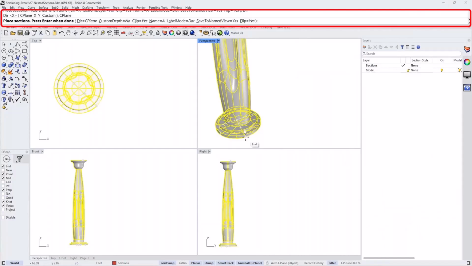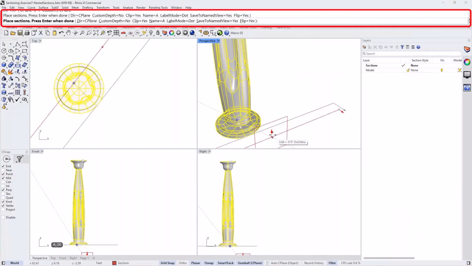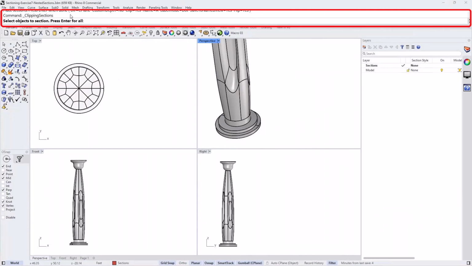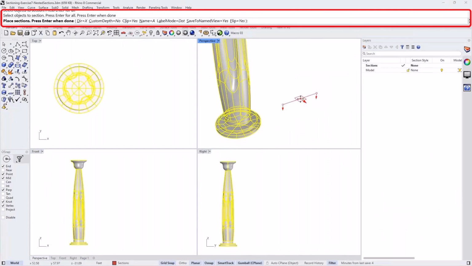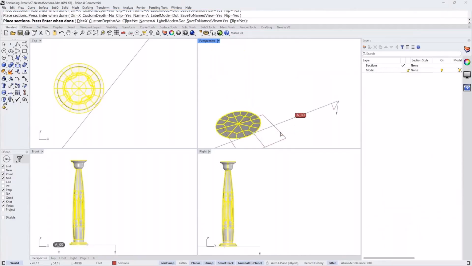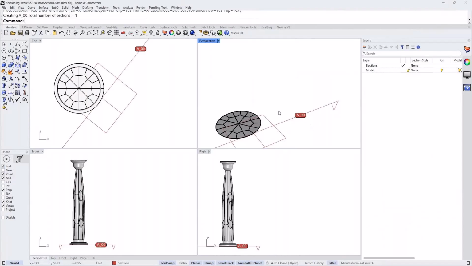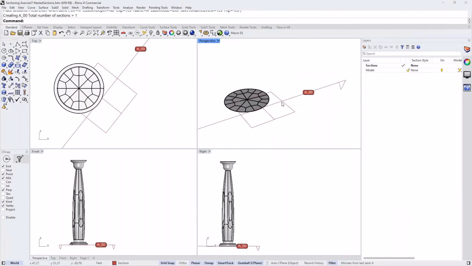And that is not the direction I'm after. Oh, it's direction X, it's still using direction X, it's fine. So let's select that base here, and that's my first section, and it's called A00, and you see it's clipped.